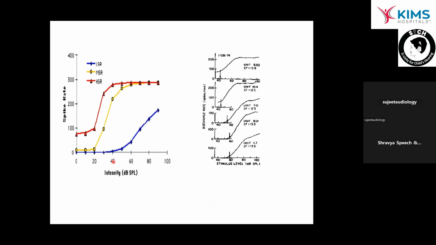Now what is the importance of this? Now here you can see three neurons, one in red color, one in yellow color, and one in blue color. So remember, this red color is your high spontaneous rate fiber which has got low thresholds, and low spontaneous rate fibers have got high thresholds. Okay, so now what you have to understand is,